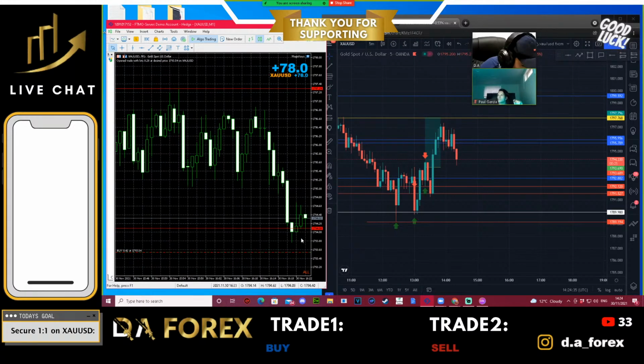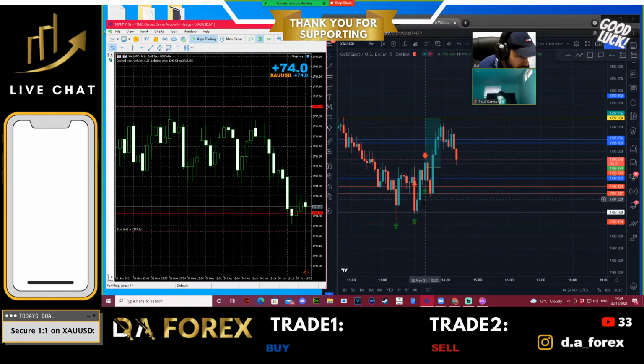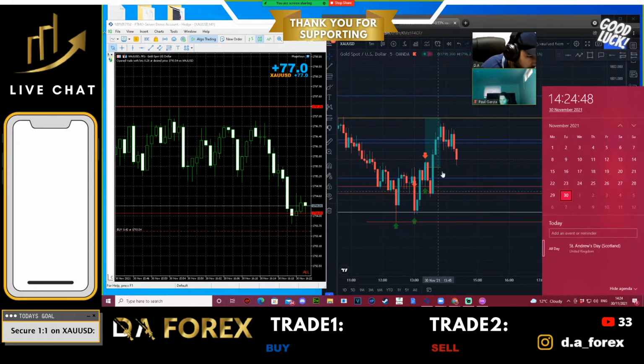Again, still respecting 17.94, now forming higher highs and higher lows as well, as you guys can see. So if you start breaking above these highs at that point, you can expect price to push up. Let's just see what happens. Another minute left for the new 5 minute to open. That's when you're probably going to see an engulfing bullish candle being printed out if this area does hold as